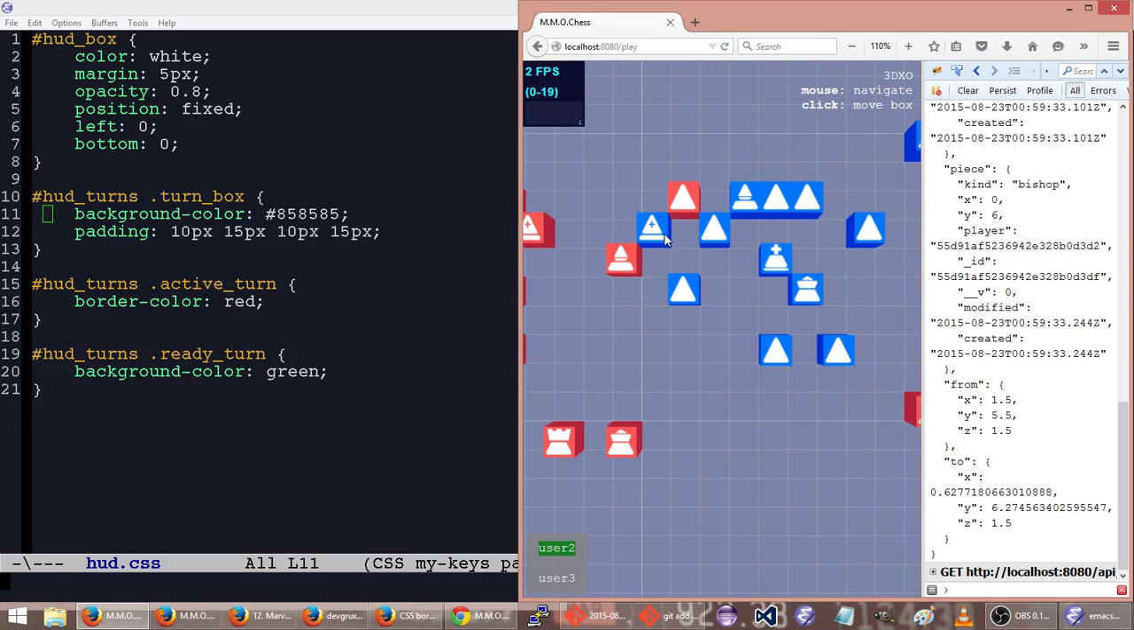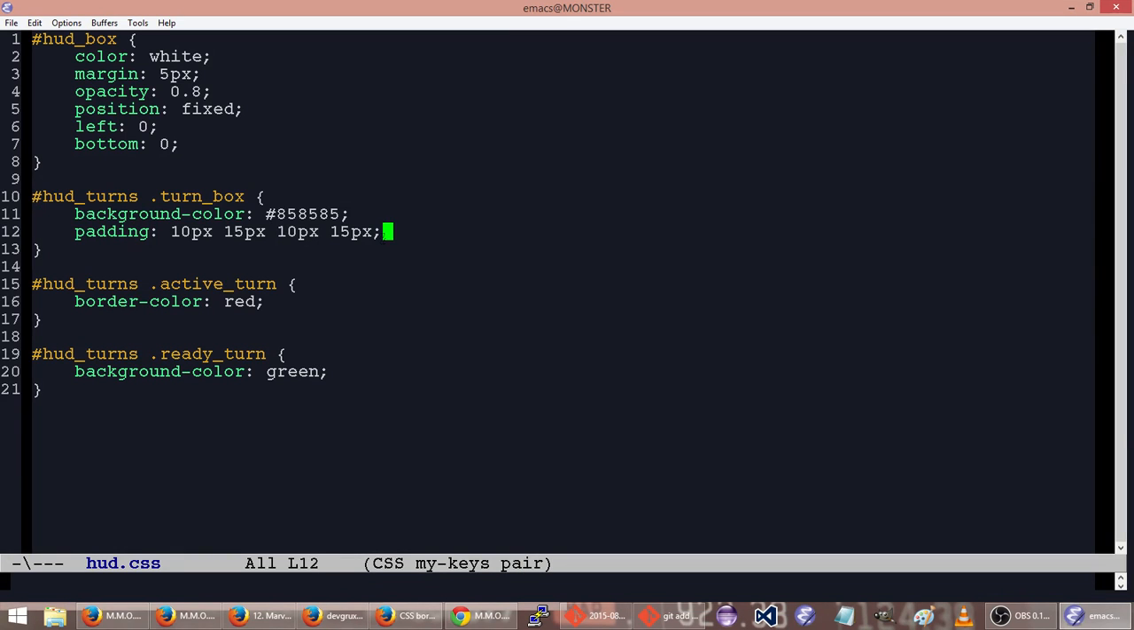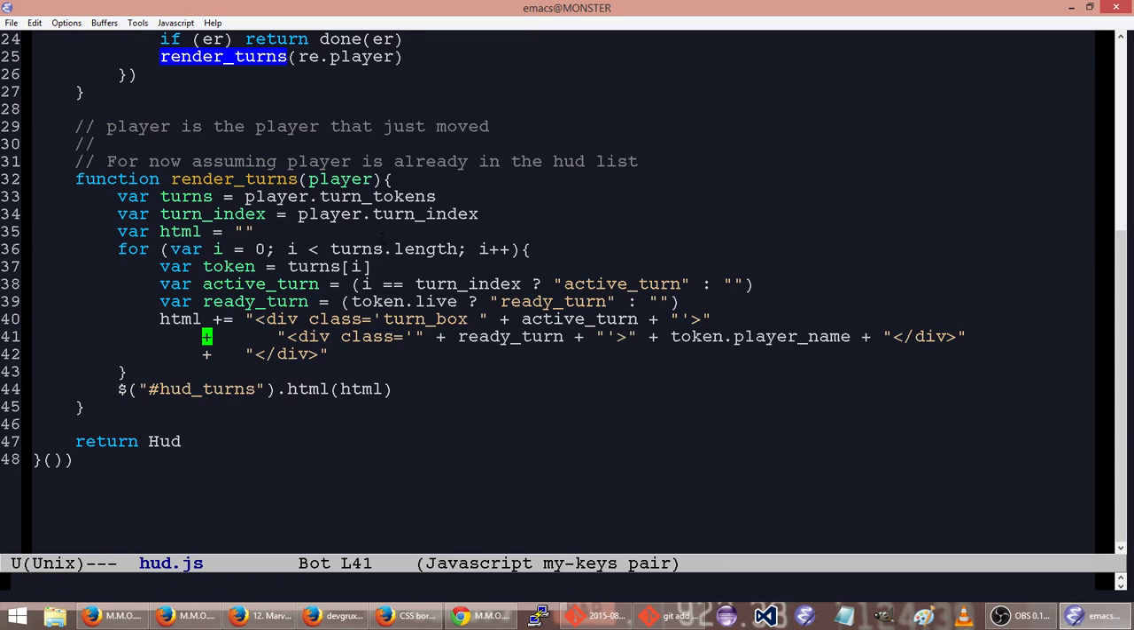Oh, there we go. Okay. So yeah, it's green when it's active, but we just gotta fix the padding bit like this. Turn box. I don't think we need the padding here. Turn box color is